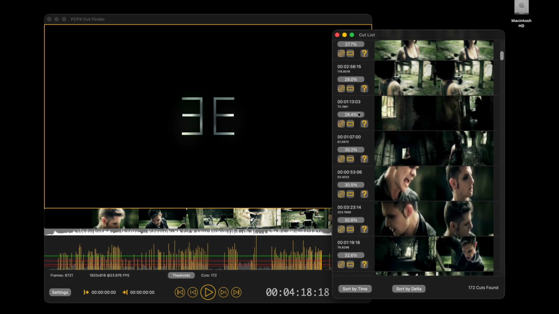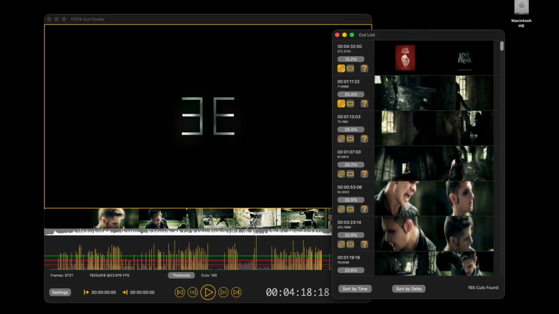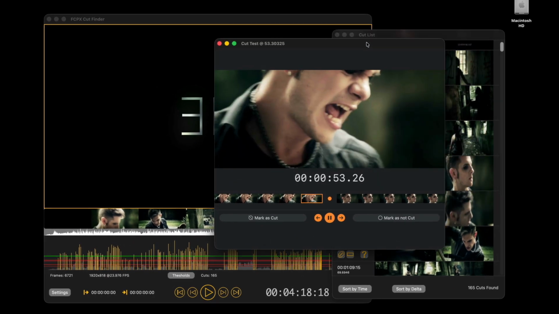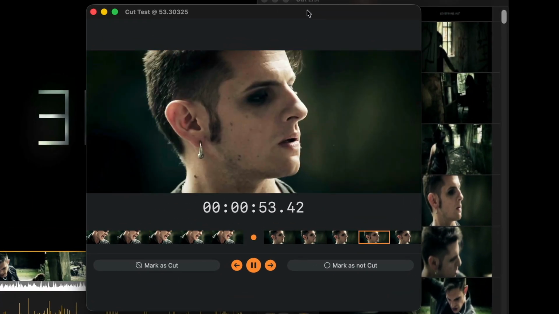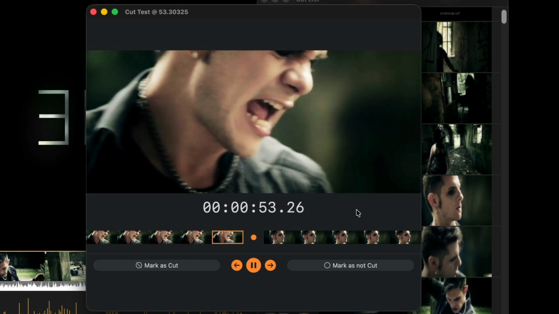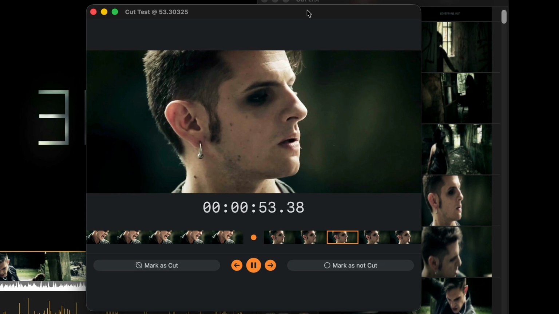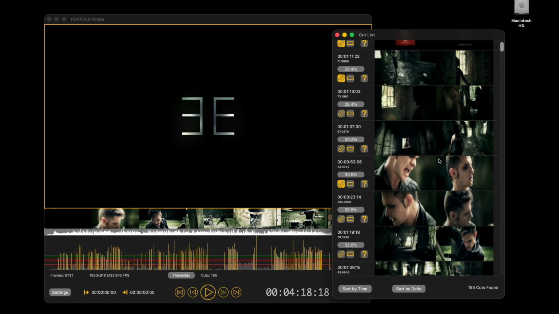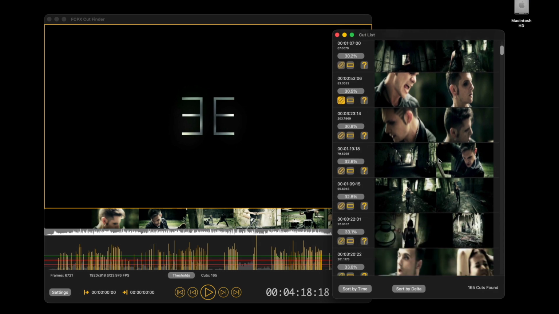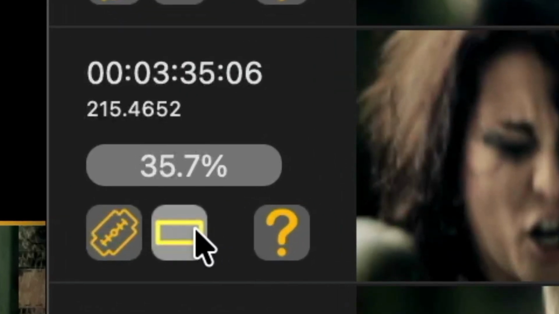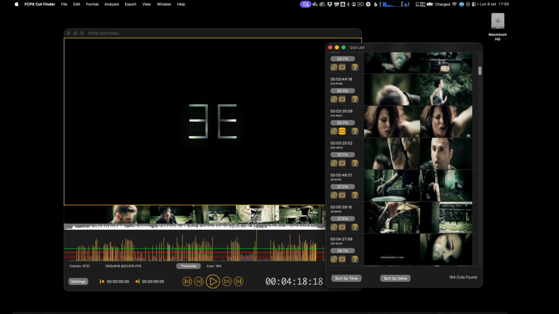If you are not sure whether the identified cut is a false positive or a real cut, click on the Test button. This window will open, showing the moments before and after the cut in larger size so that you can choose with confidence. If it is a scene change, click on the Force Cut button, otherwise click on Ignore. Scroll down, and if you encounter other false positives, click on the rectangle button to indicate that it is a false positive and that this cut should not be considered.